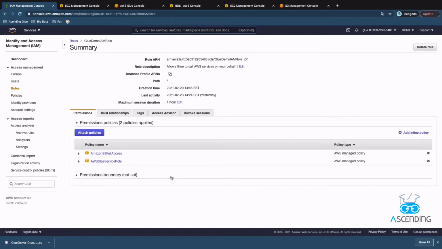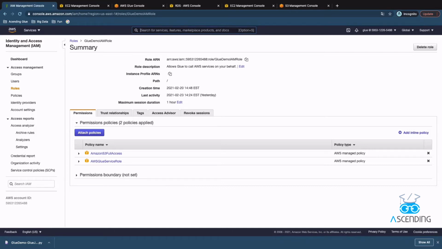For our demo, we need to attach the Amazon S3 full access policy in order to access S3 resources. We're going to read S3 data using crawler and create a Glue job to write data into S3. You can also customize your policy to limit the crawler to only access certain objects in certain buckets.